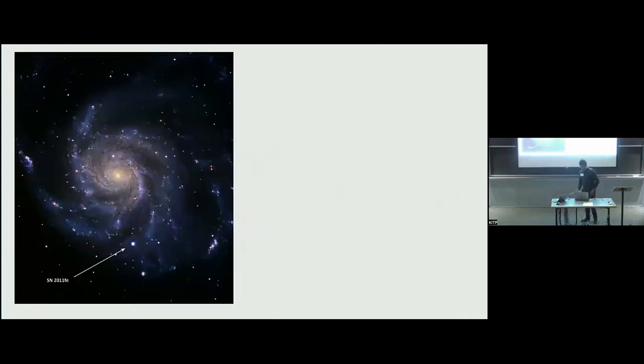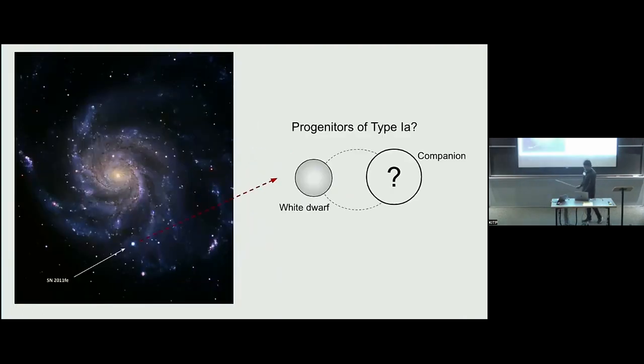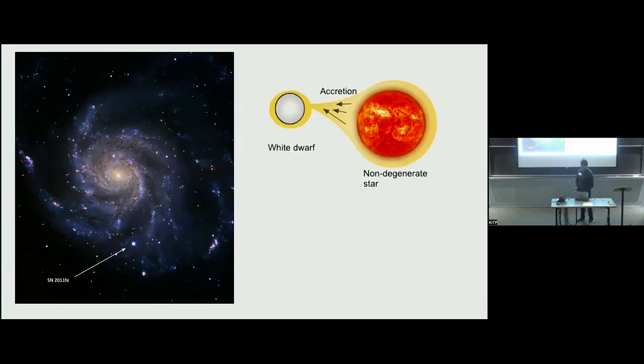So I'll come back to that, just to remind this for, I don't know, the 100th time that we're studying type 1As to understand their progenitors. We know it's the white dwarf that's exploding, but what is the companion is something of a mystery for decades now. The two scenarios classically is the accretion scenario, where the white dwarf has a non-degenerate companion star,